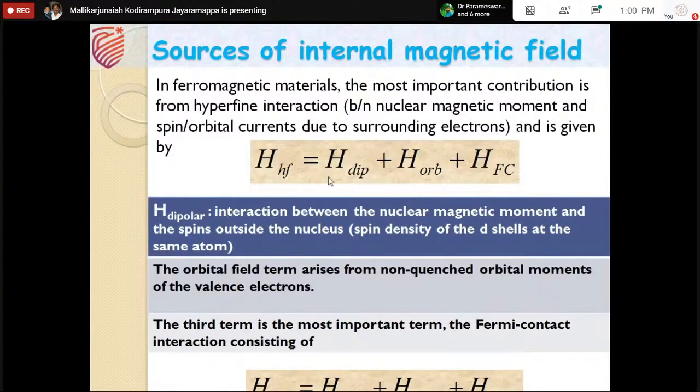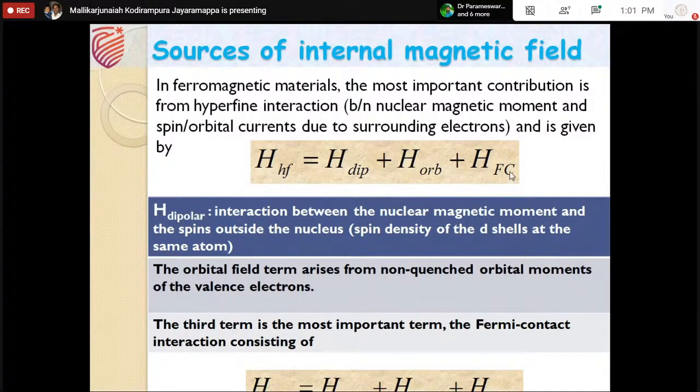Here, in ferromagnetic materials, the most important contribution is from the hyperfine interaction, that is between the nuclear magnetic moment and the spin or orbital currents due to surrounding electrons. Please pay attention here, this is hyperfine interaction. When we talk about that, it is the interaction between the nuclear magnetic moment and the spin or orbital currents due to surrounding electrons. The hyperfine field is given by dipolar, orbital and